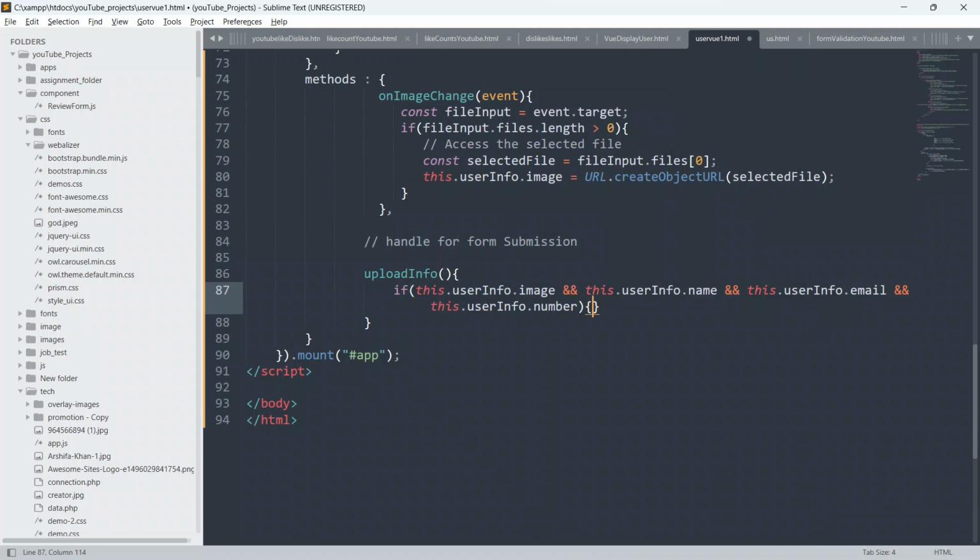Okay, if it is so, then we will create a user object.